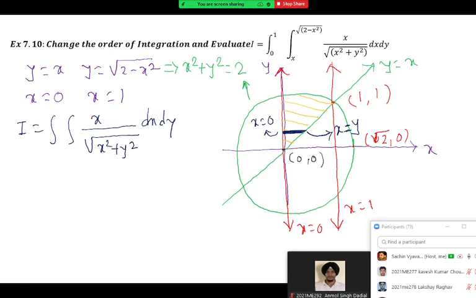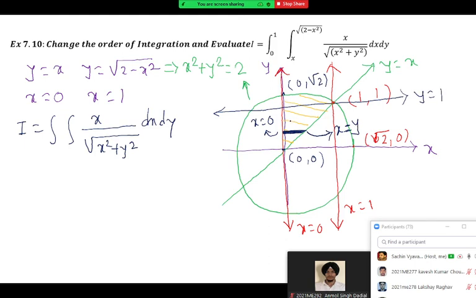What's the minimum value of y over the region? Sir, 0. And maximum? Sir, root 2. Root 2 is correct, 1 is not. Here is one more point, say 0 comma root 2. So root 2 is greater than 1. So 0 to root 2 is the limit for y. But when we drag it from 0 to 1, it will move on the straight line, and after that it starts moving on some other part. So it's better to have one straight line, say y is equal to 1.